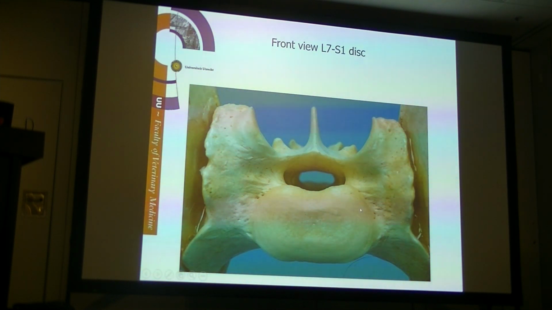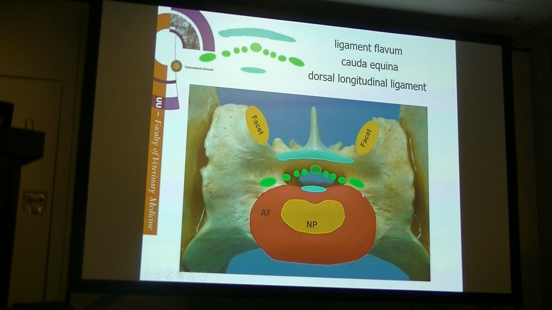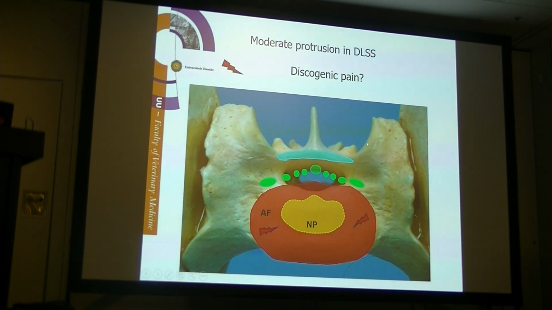So if we look at the canine disc, this is the normal situation. So we have the disc, the annulus, the nucleus, the dorsal longitudinal ligament here. We've got the cauda equina, and this is the ligamentum flavum and the facet joints. And now if we think about degeneration, it usually starts in these dogs in the nucleus and in the annulus. And already at this stage it may be painful, but for us very difficult to diagnose, because if we do imaging we may not see any major changes, we may not see any compression,